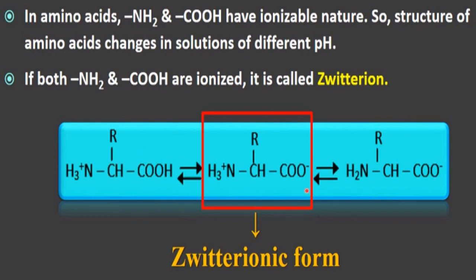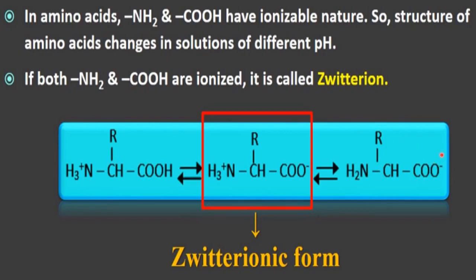And when there is basic medium or basic solution in which amino acid is present, okay, so in basic solution hydrogen ion concentration will be less, right? So in case of less hydrogen ion concentration, this NH3 here, this is NH3 positive, so one hydrogen ion is extra here, so it will be lost here, right? So it will be NH2 if the medium is basic, right? So this will be the structure of amino acid in basic medium. It will be NH2 here and this COO negative will be present here, right?